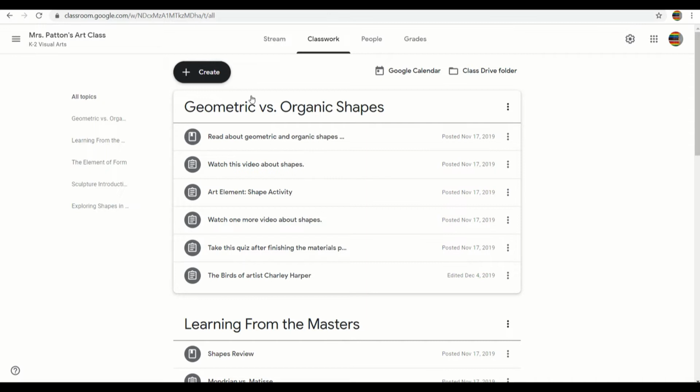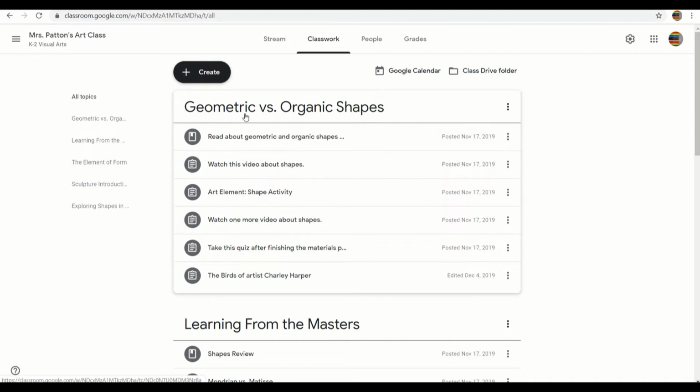You could have one topic for math, one topic for reading, or you can go back to the beginning and create a different class for each one of those for your students. If you're an elementary teacher, you have lots of choices. Older students who have teachers for each subject will have a different classroom for each teacher and their subject. But at the elementary level, you're in charge of organizing your ideas. Here, all of these things are for art, so I've organized them under